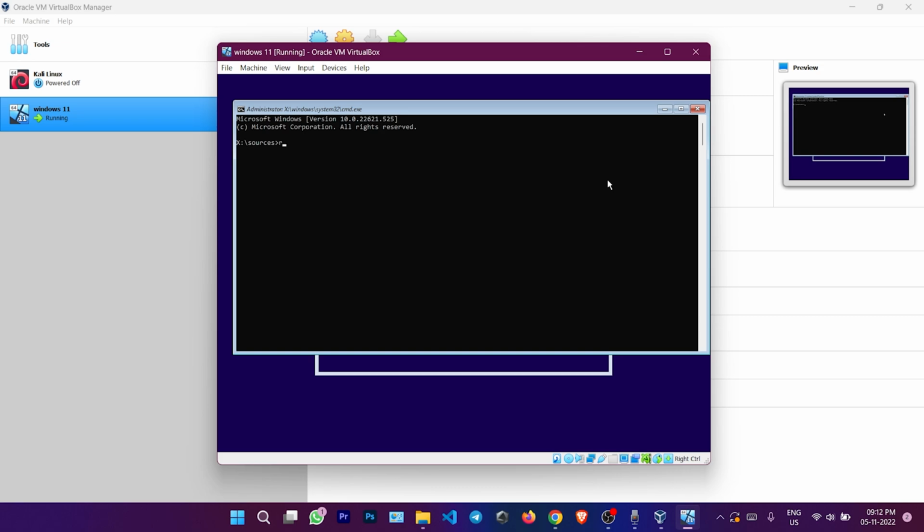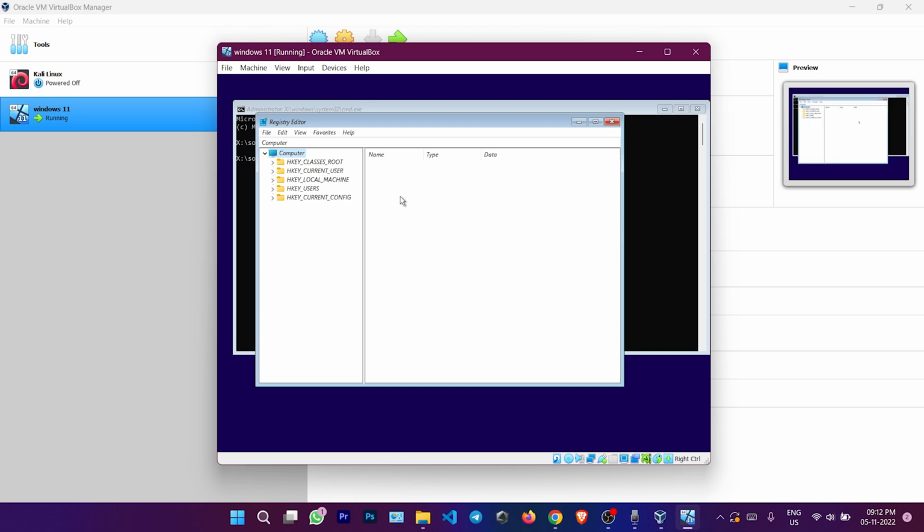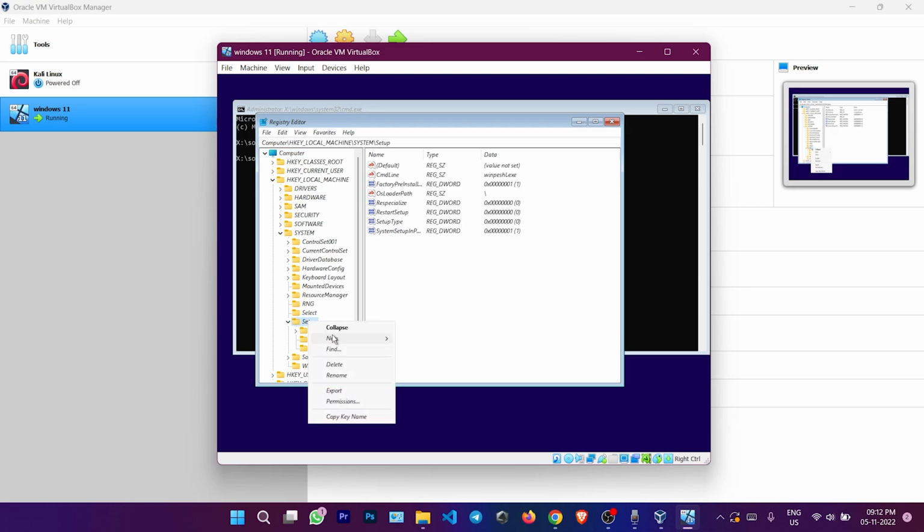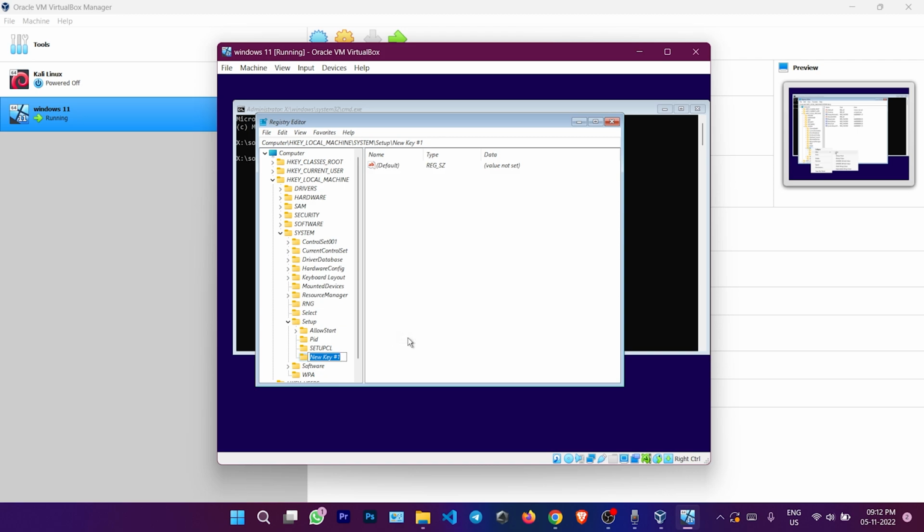So we will give regedit and press enter. Here we will locate a folder which is HKEY_LOCAL_MACHINE. Expand this, then we will go to System, then we will go to Setup, and by right clicking we will create a new key, and we will name this key as